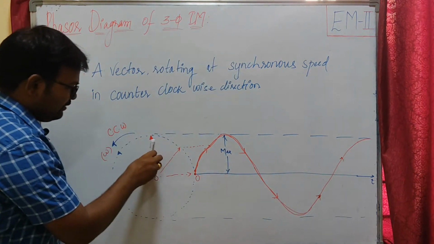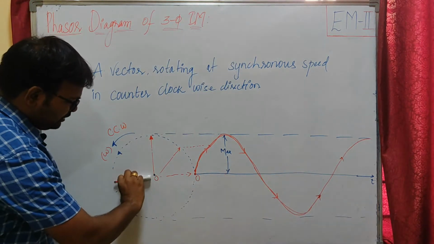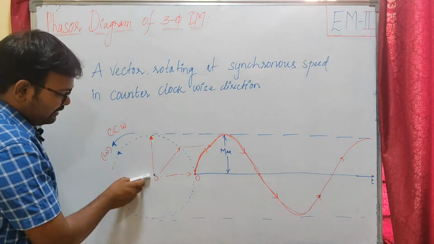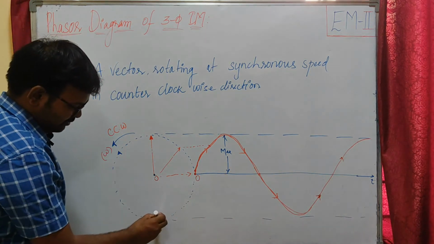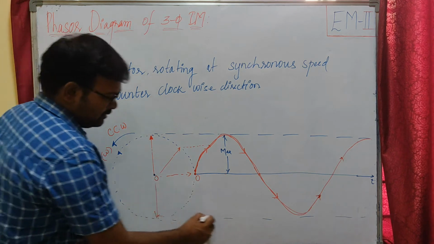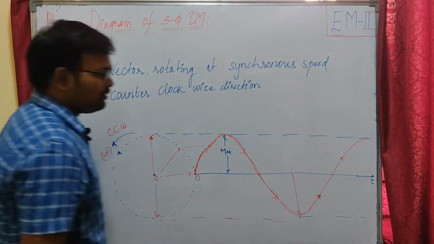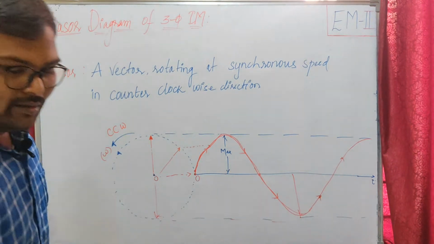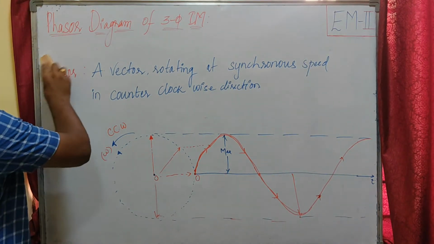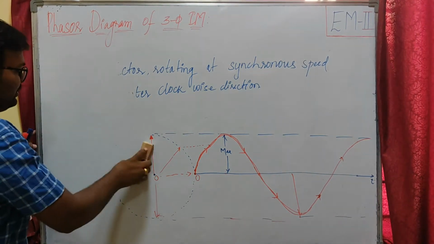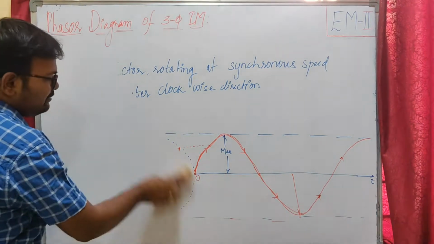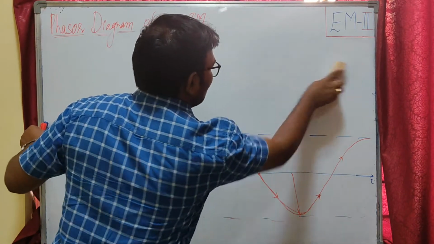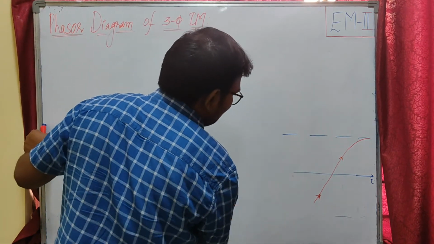Whenever our phasor reaches this position, you can see a 0 value. And whenever it is in this position, here you can see the negative maximum of our sinusoidal waveform. So this is a phasor. Whatever phasors we draw to represent the phasor diagram of our induction motor behave like this phasor only. But there will be a phase angle between each and every phase.